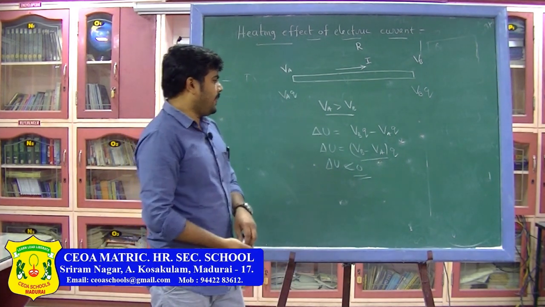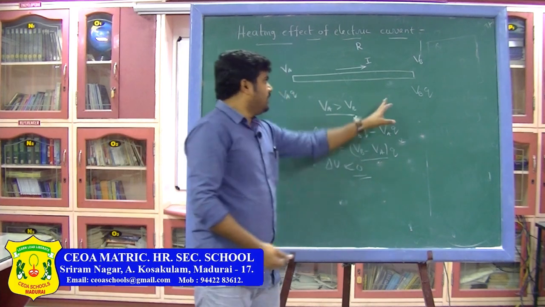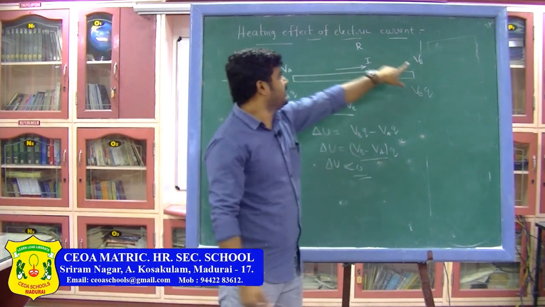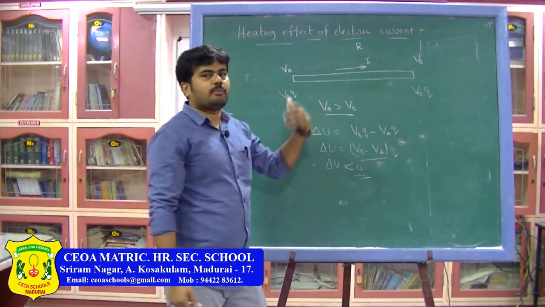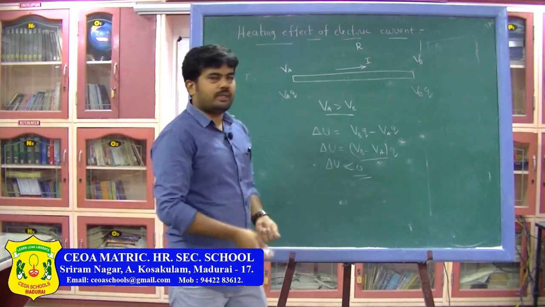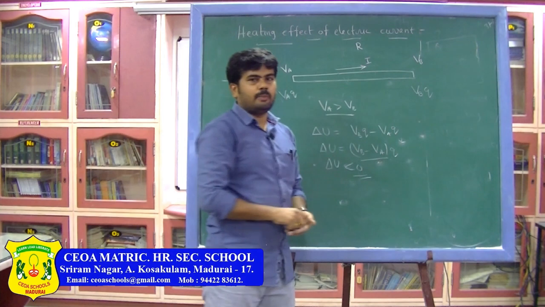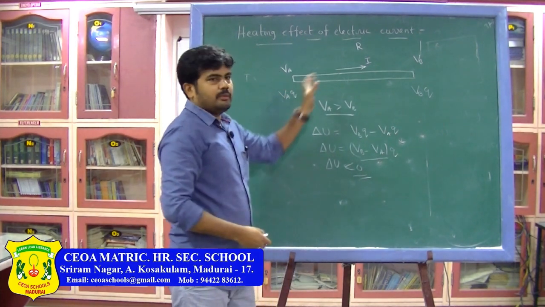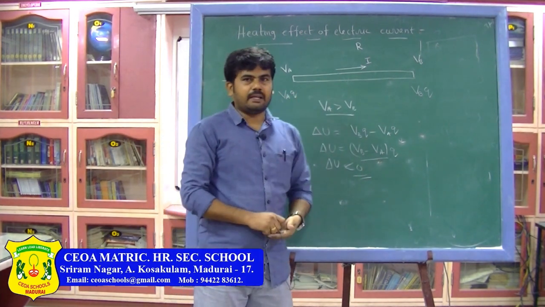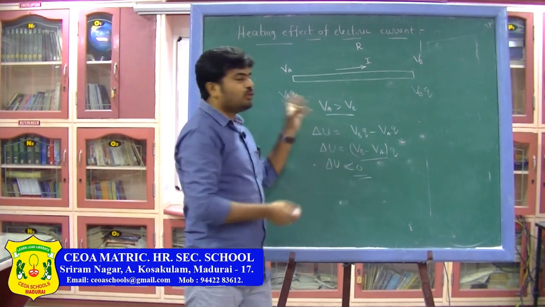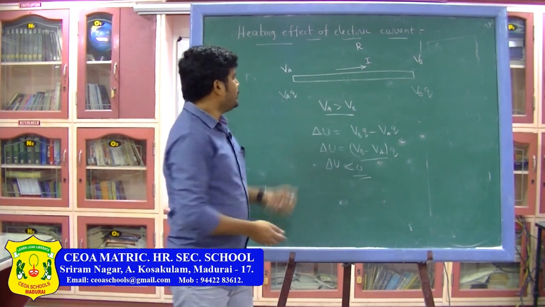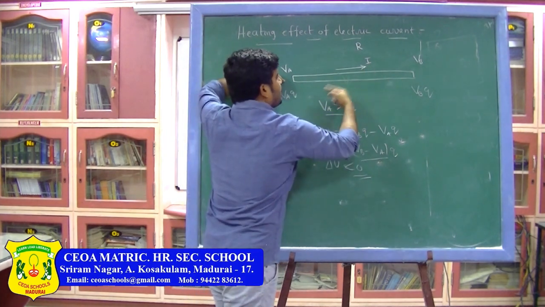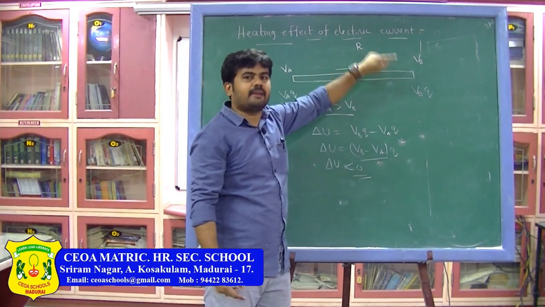So here, when the particle reaches here, the potential energy is decreasing, that means the energy is converting into some other form. Suppose we assume there are no atoms inside the material, the electrons may be gaining some kinetic energy. If they are free to move inside the conductor, they may gain kinetic energy due to this difference in potential at both ends. But that is not happening.